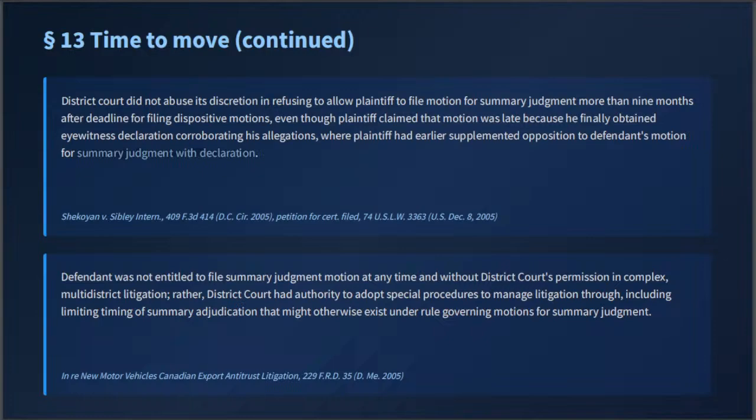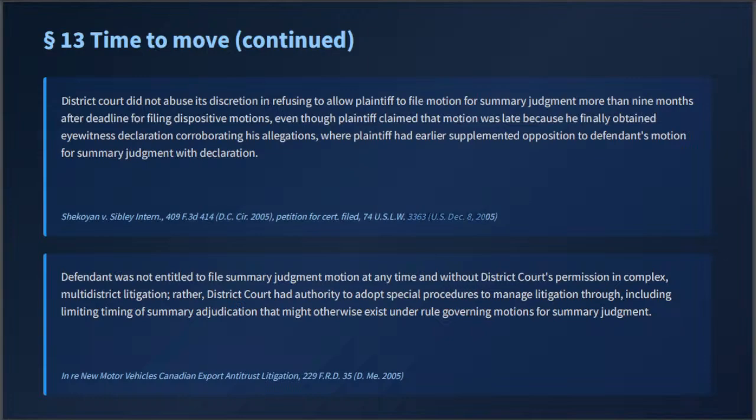So now he's got some eyewitness declarations, but the judge didn't buy it. Looks like the district court did not abuse its discretion. Remember, they have discretion to allow for that motion for summary judgment. And that's in